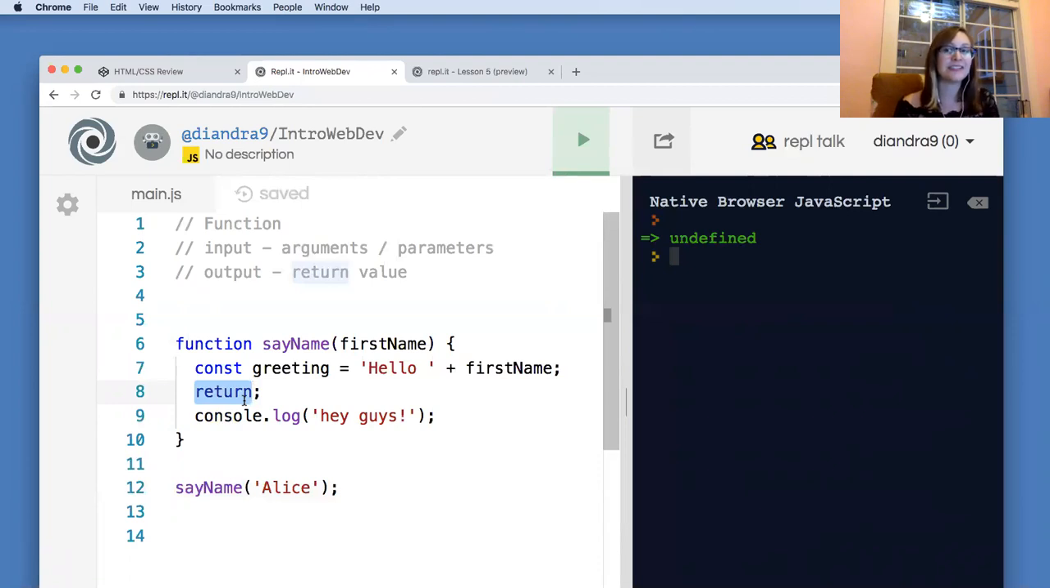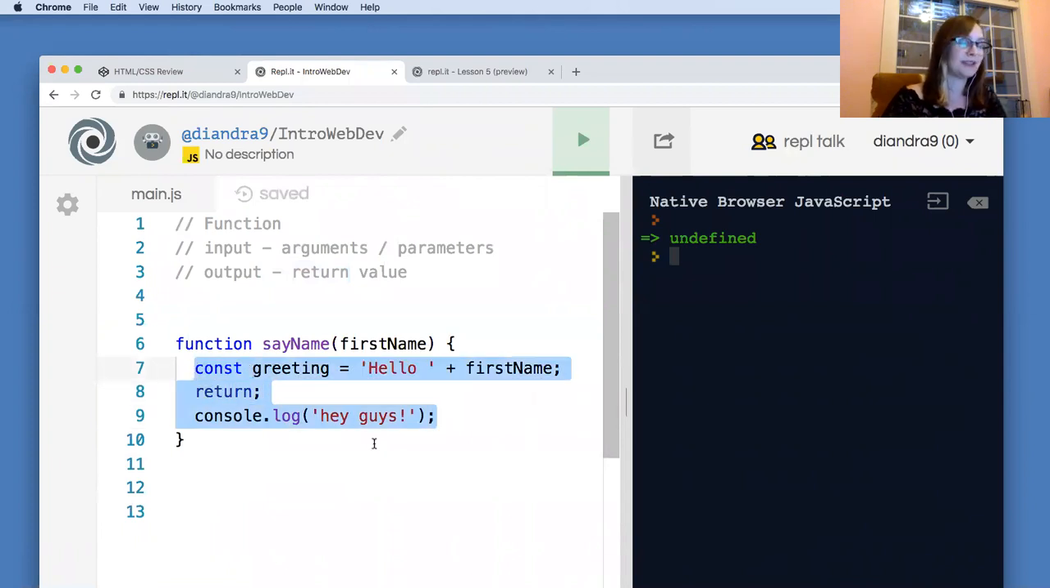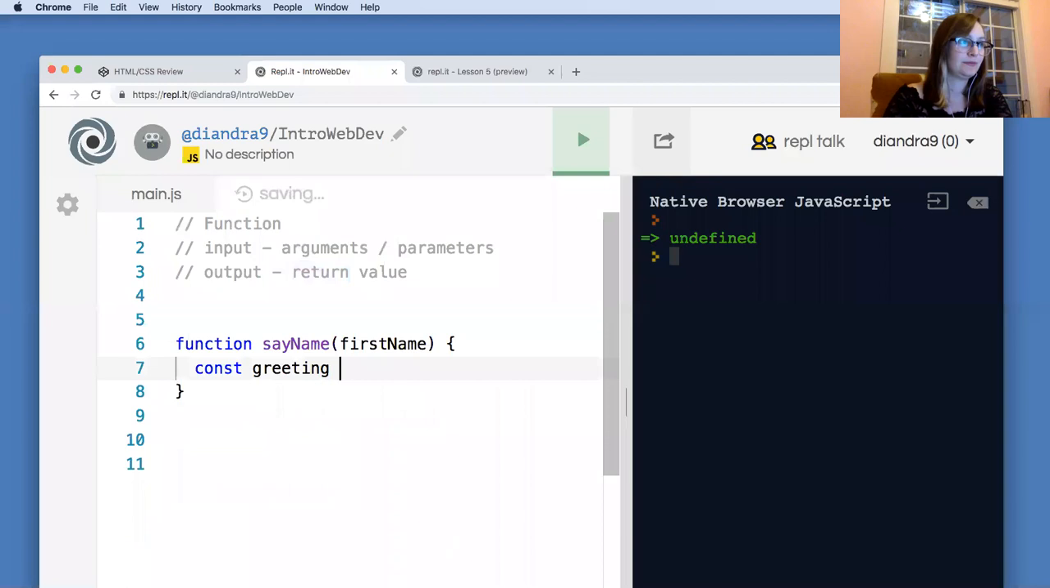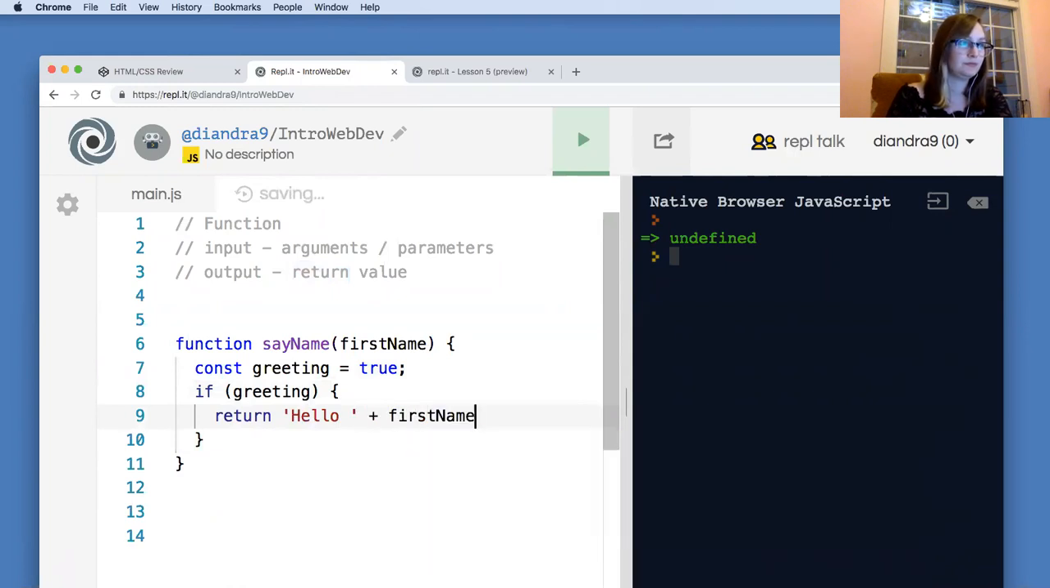Here's a subtle distinction. Can a function ever have more than one return statement in it? Obviously, we can put as many as we want. So the answer is yes. And the reason is, someone got it, branching. So we might say, if greeting, then we want to return, else, maybe we want to return